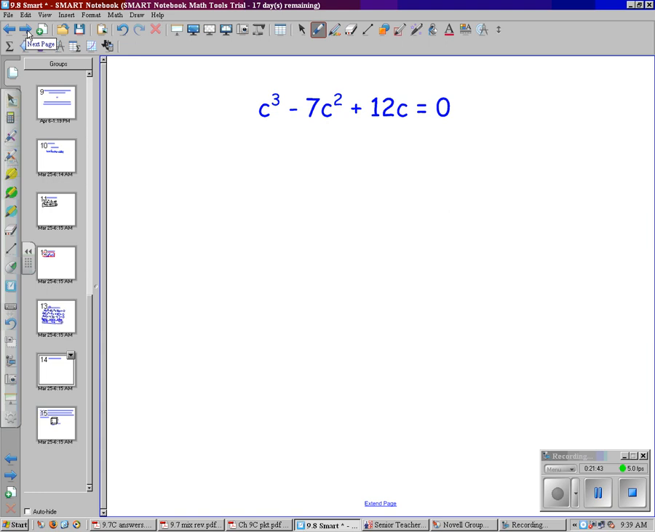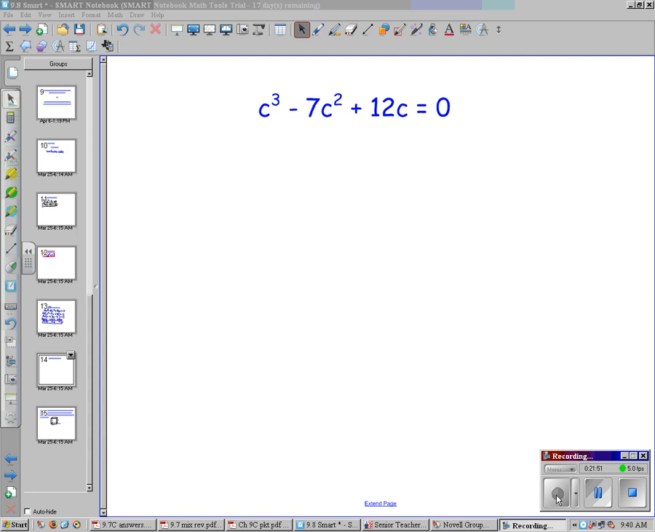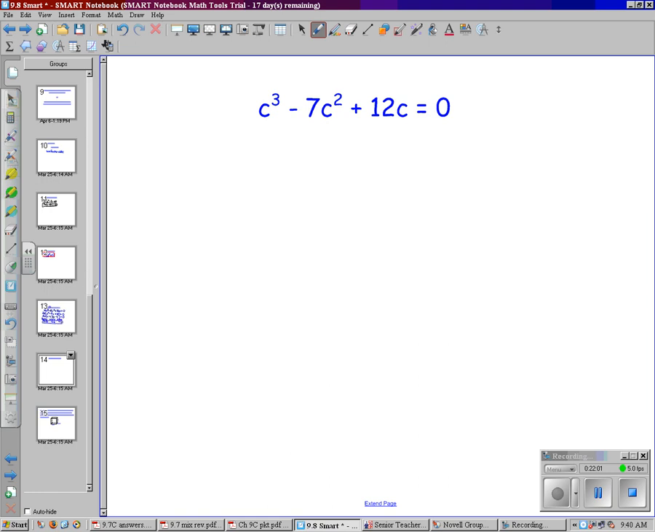I don't want to skip over this one. Let's go ahead and quickly talk about it. All right, is there a GCF to take out of this, please? Is there a GCF to take out? Grant? C. Tell me what's left then, please, Grant. Then it's C to the second minus 7C